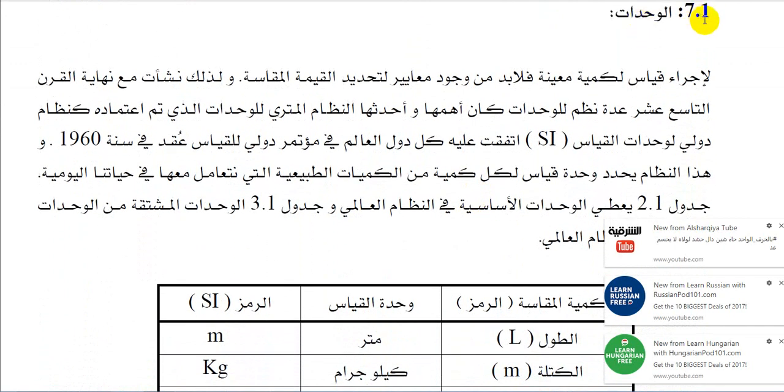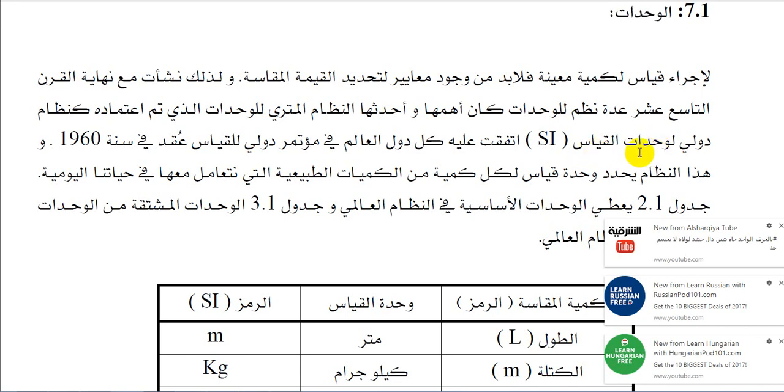Article 1.7, the units, the SI units. To conduct any measurement for a particular quantity, a special standard to identify the scalar value has to be presented. Thus, with the end of the 19th century, multiple unit systems were formed, such as the metric system, modernized for the units counted, as a global or international system.